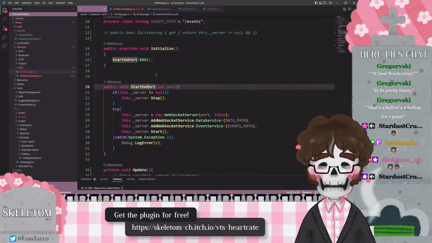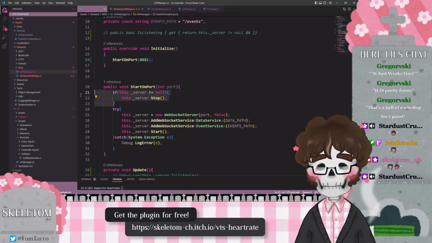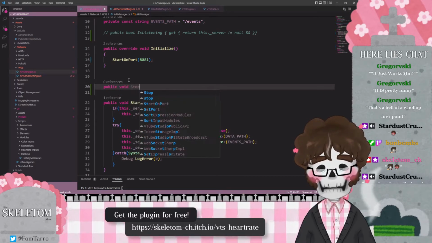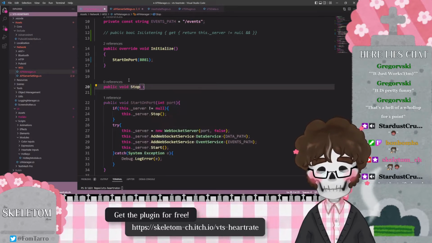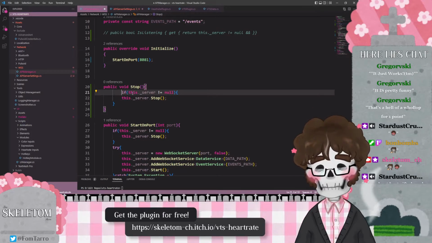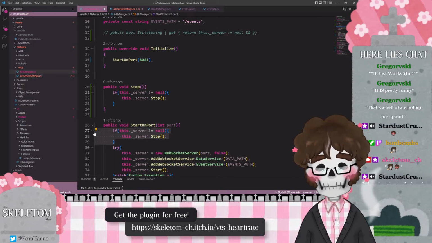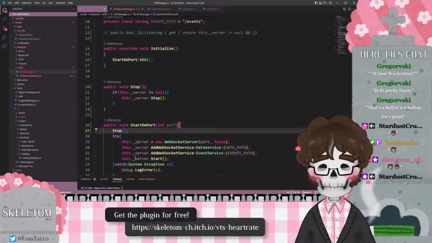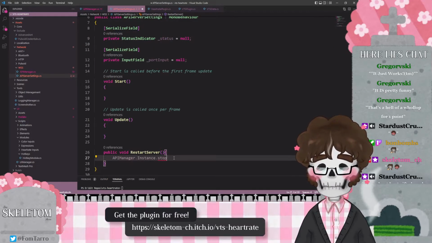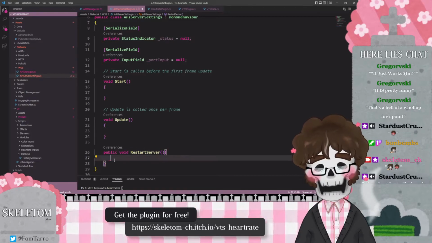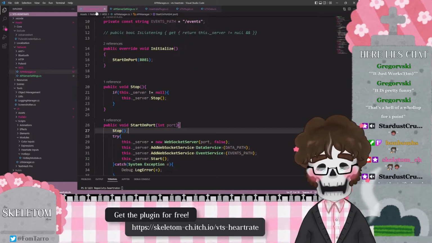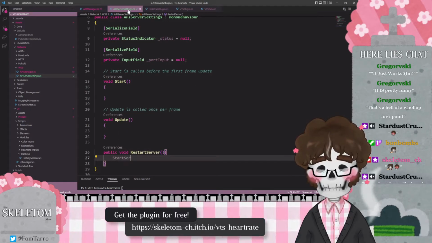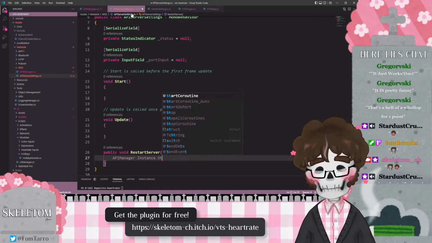I don't have a function for that. Why would I have? Okay. Public void stop server, or it's just stop, I guess. So we do stop and then restart. So I don't actually need to tell it to stop if I'm in my restart function, because that's part of the restart method. So we're just going to do API manager, start server on port,